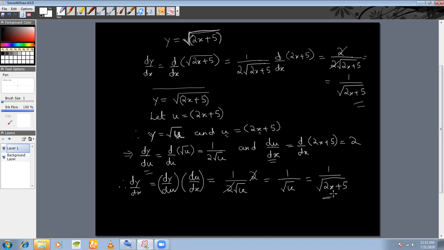Understood this process or not? I will take more examples, but did you understand this? Yes, sir. The same thing, see, we have actually differentiated here directly. We have used chain rule here also, directly. But here I have not done it directly. Here I have taken different variables. This is only to show you how chain rule works.